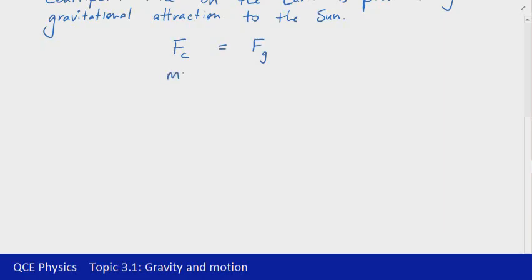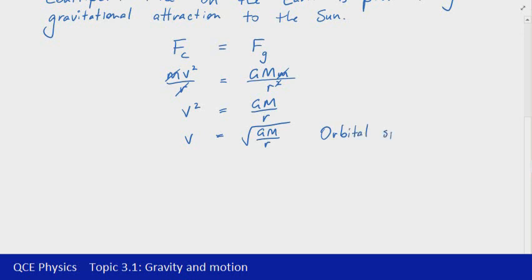So we know centripetal force is given by the equation mv squared on r, and we know that gravitational attraction is given by capital G Mm, where capital M would be the mass of the Sun, and lowercase m would be the mass of the Earth, divided by r squared. Now if we simplify, you can see that lowercase m is on both sides, so we can cross that out. We've got divide by r on the left side and divide by r squared on the right, so we can cancel that squared. So that means we're left with v squared is equal to GM over r. If we take that one step further, we can then say that the orbital speed is given by root GM on r. And so that basically means that we can conclude that orbital speed only depends